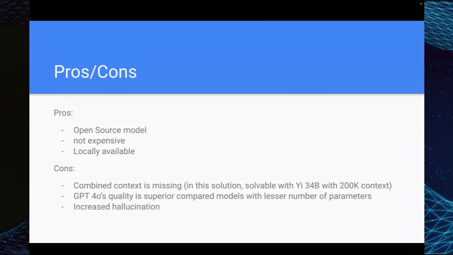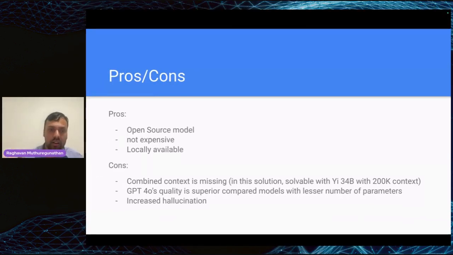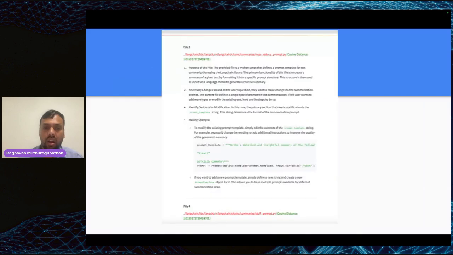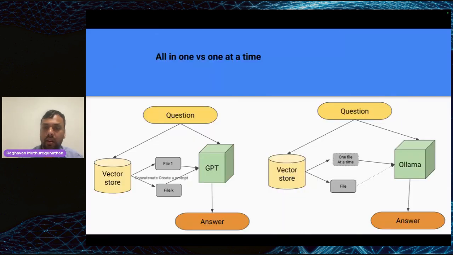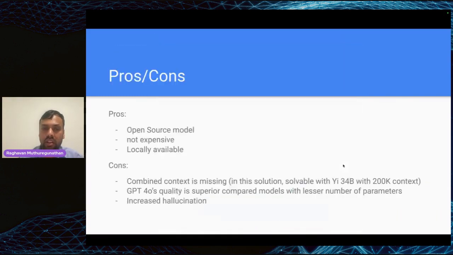The pros of using a locally deployable model are that it's open source, it's not expensive, and it's locally available. The con is that the combined context is missing. Remember, in this example, I send only one file at a time instead of multiple files. So because I'm sending only one file at a time, the combined context is missing. At least in this solution, it is solvable if you can use a large language model with sufficiently large context,